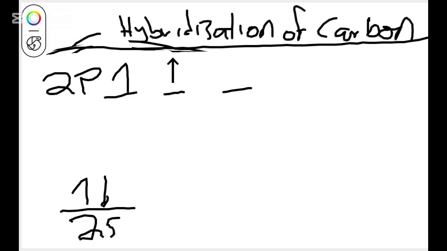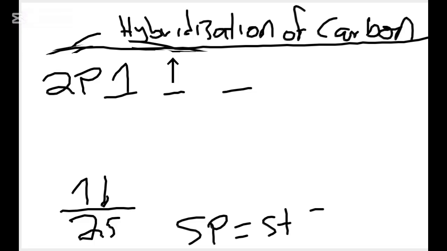So after hybridization, to make the sp hybrid orbitals, we need 1 s orbital and 1 p orbital. So we are going to use the s orbital and the p orbital. sp is the same thing as s plus p, which means the other 2p orbitals are unhybridized, so therefore they will be unaffected. So we have 1s and also we have 1p. So what will be the percentage? Because there is only one s orbital and one p orbital,